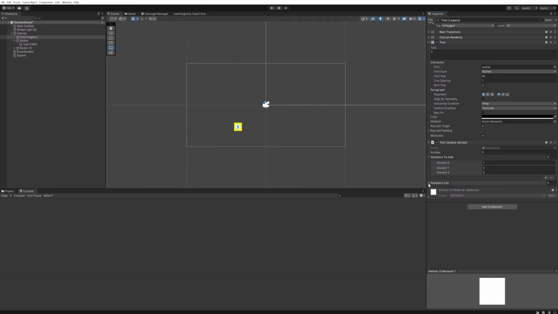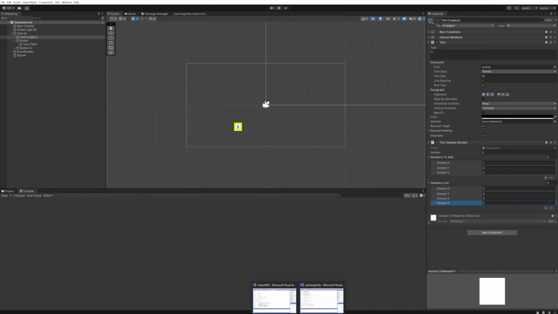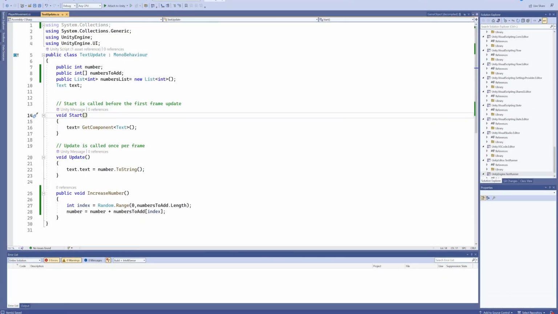Now back into the Unity editor, we can see this list here, and we can add indexes to it, and it seems entirely the same, doesn't it? Well, not quite, because unlike what we can do with the array that we have made, this list can actually be influenced during runtime. So we can say our numbers list dot add, and then we can add a new